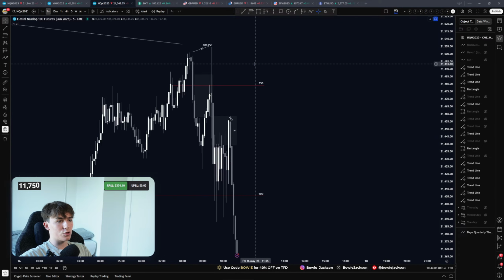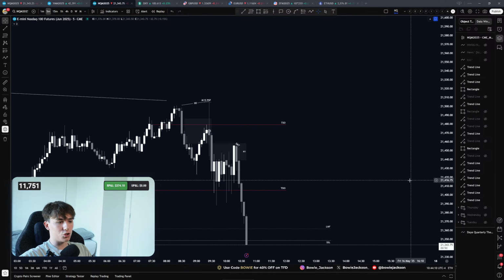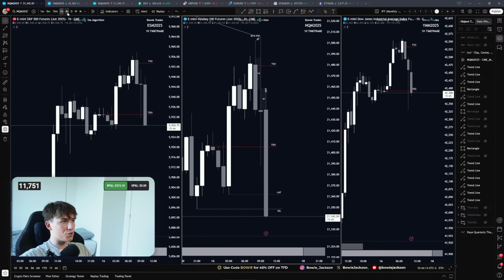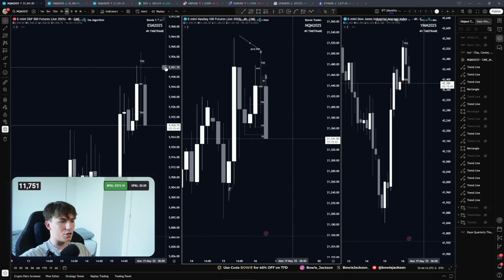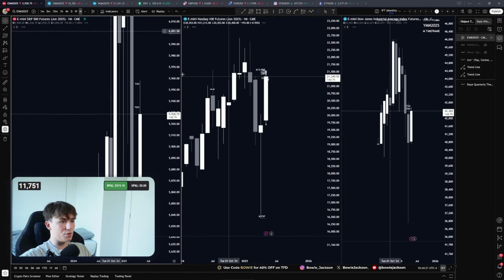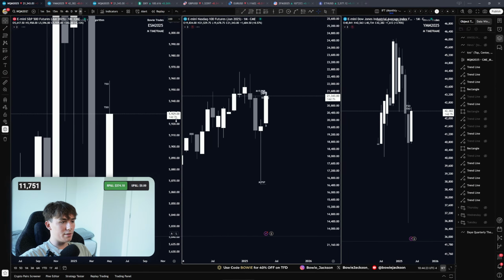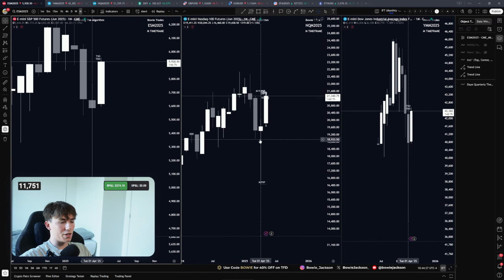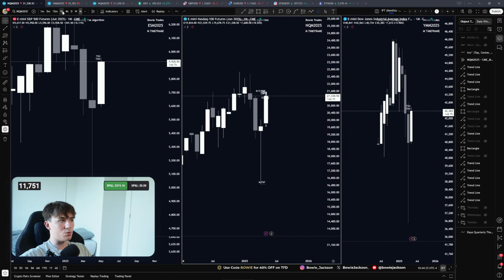Just giving a quick trade breakdown on why I took this short from here to this low. First, on the higher time frame, I am bullish because of the monthly PSP. If you go to the monthly time frame, you see that this candle right here is bullish on NQ. The same candle is bearish on ES. So that's a bullish crack. I'm bullish. And then last week as well,